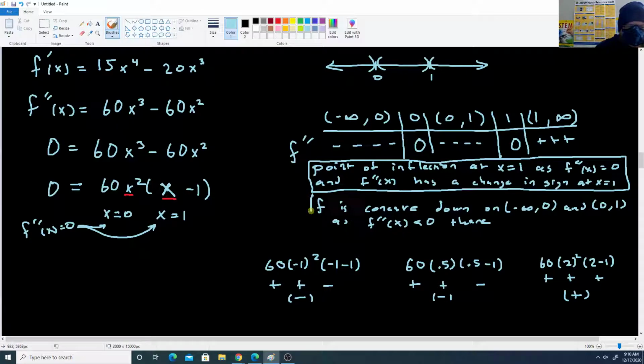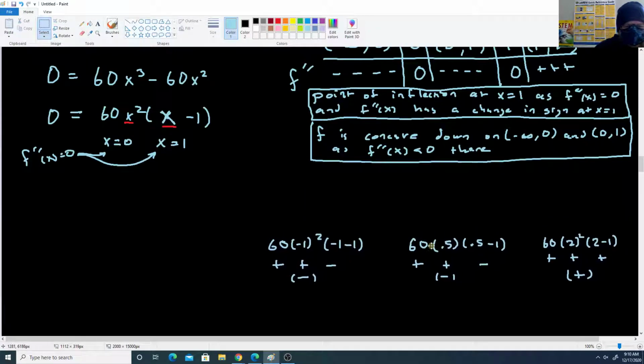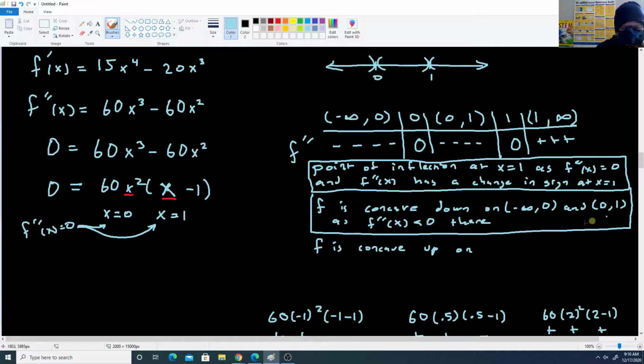So we'll say, all right, we're concave down on the two intervals where the second derivative was negative. And as you can probably guess, we're going to be concave up on that last interval where the second derivative is positive. So we'll say f is concave up on, let's see what the interval was, 1 up to infinity